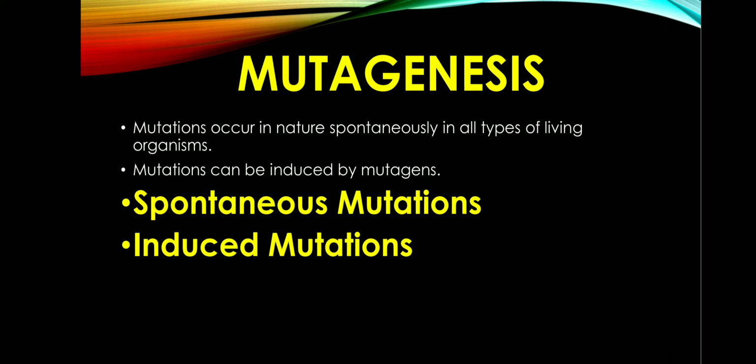So there are three different types of mutations. That is genome mutation, which will change the number of the chromosome itself. Sometimes the chromosome number will increase, sometimes the chromosome number will decrease. Then you have chromosome mutation, wherein there will be a change in the order of the genes within the chromosome. Gene or point mutation will result in a change in the base sequence in a gene.